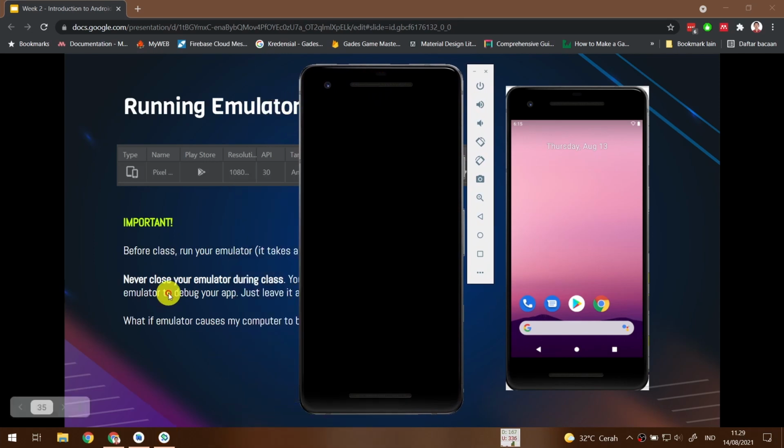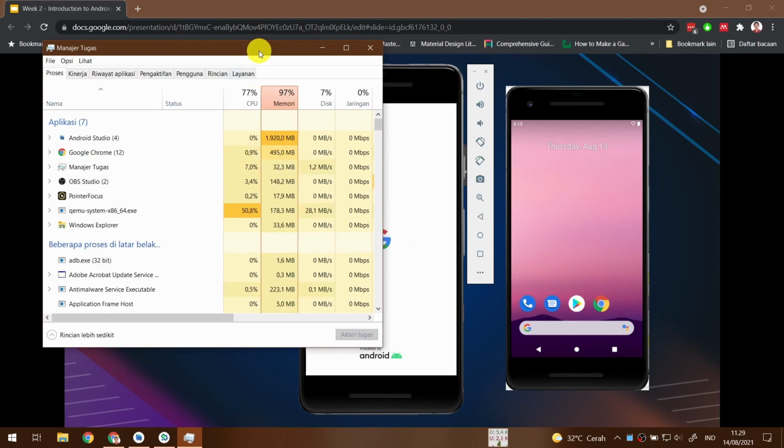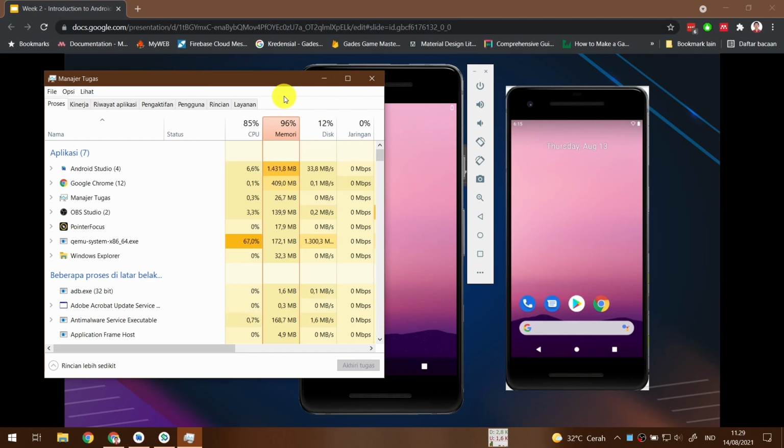I will open my task manager. As you can see here, I have used 97% of my memory. My system has 8 GB of RAM. That's why I usually recommend more than 8 GB, or fewer applications open.